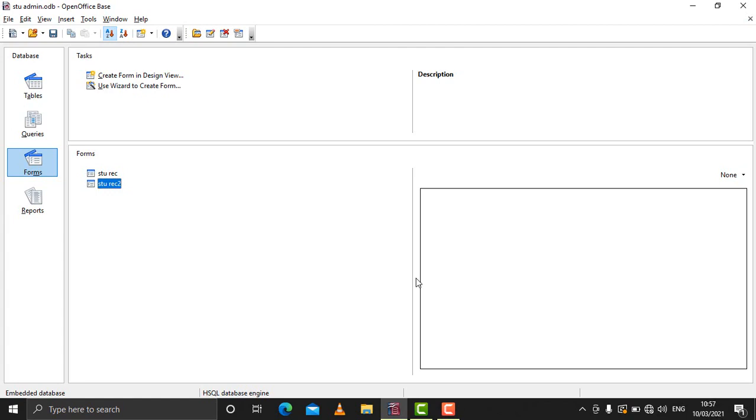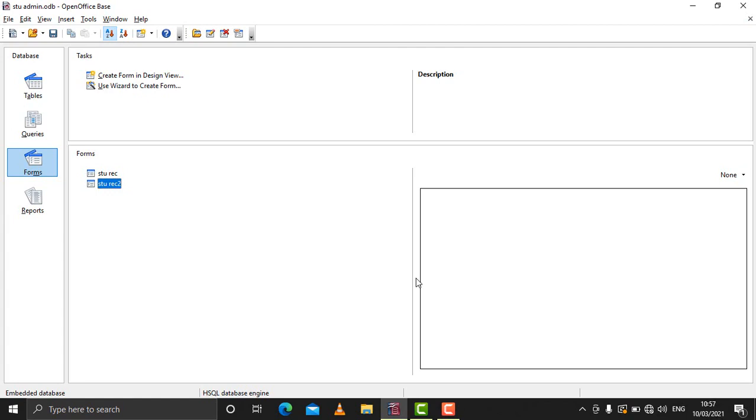They can view the data of only those fields, they can alter the data, they can delete data, and even they can enter new data in those fields. So we can say that forms are the interactive way to let the users enter new data or modify the data. That modification will be reflected in the table with which the form is associated. So we will see how to create form using form wizard.